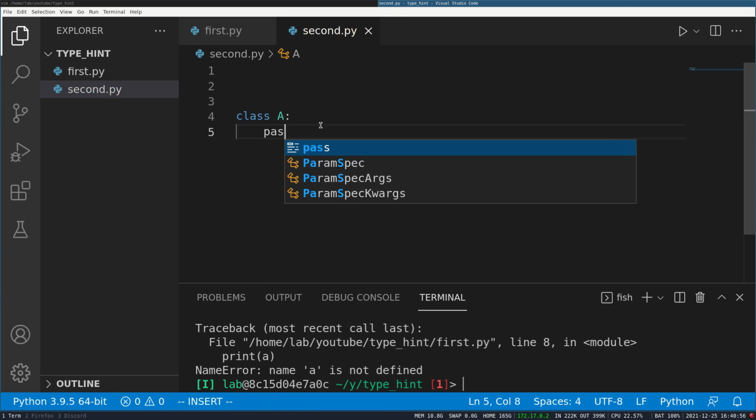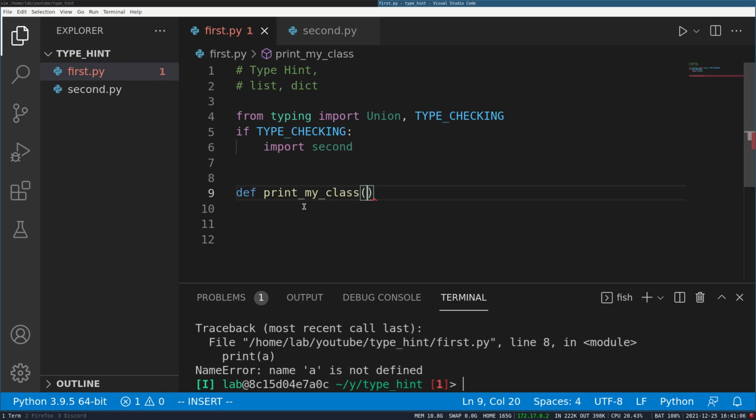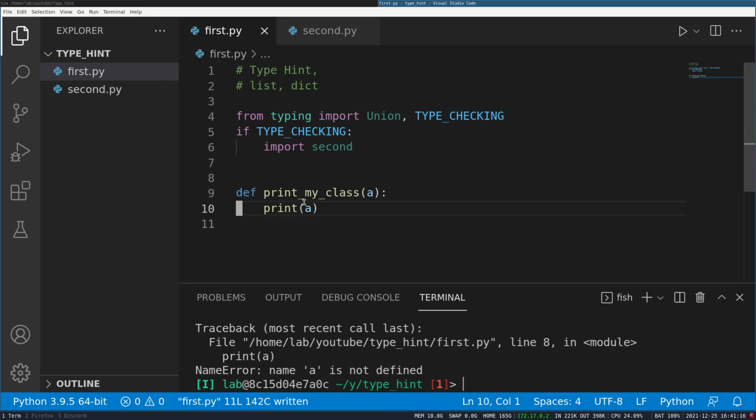It doesn't do anything, and I want to use that class as the argument of a function, something like print my class, and it takes that class in and just prints that, print a. All it does is this.